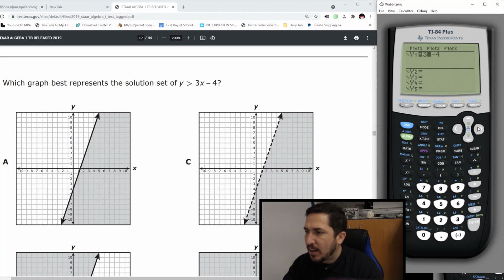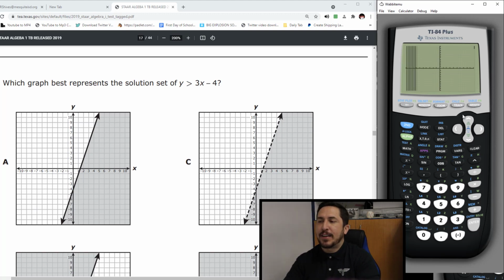So you go all the way to the left. Watch, look, I just typed in the negative 4. Go all the way to the left-hand side. You look, blink on this guy, hit enter. You're going to cycle through a bunch of icons here. Go to the icon that has a triangle up. Look, that's the triangle up. That's the triangle down. If you go too far, no big deal. Just keep going, keep going. There's a triangle up. Now you can graph him.